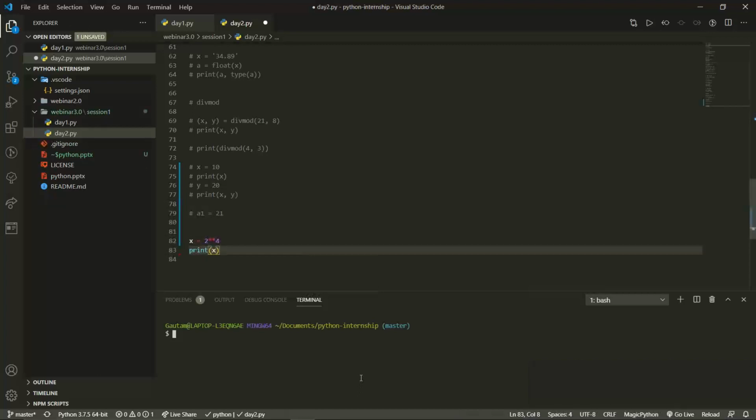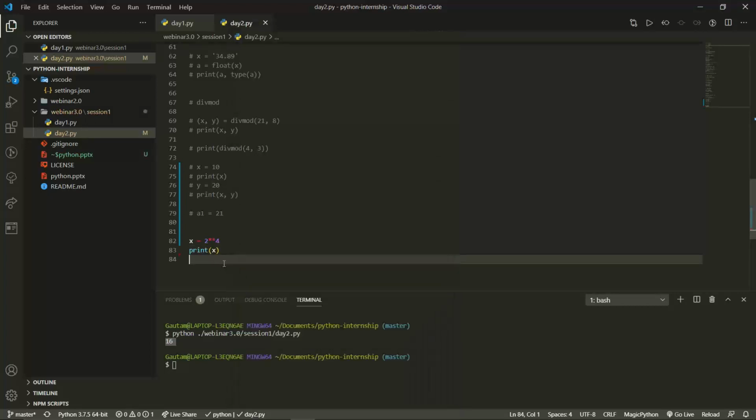We'll execute it, python dot slash webinar 3.0 session 1 day 2. You can see we are getting the output of 2 to the power 4. So this is how we provide the power.